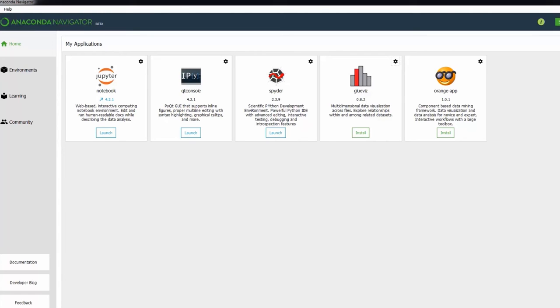You can see here it is a powerful Python IDE for advanced editing, interacting, testing, and debugging. We won't be using all of these features, but it is going to be our IDE of choice for this course. So let us go ahead and launch Spyder and have a look inside.